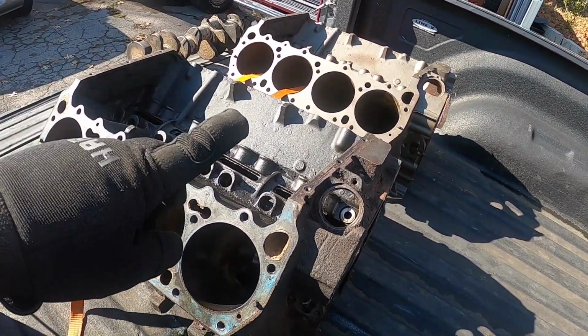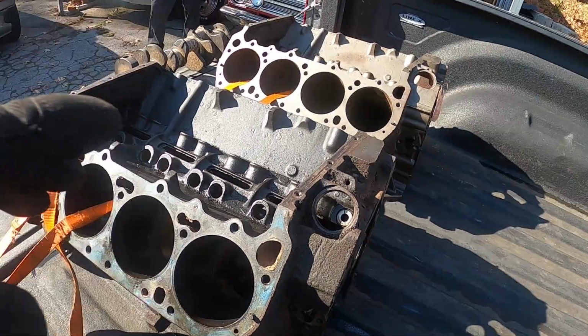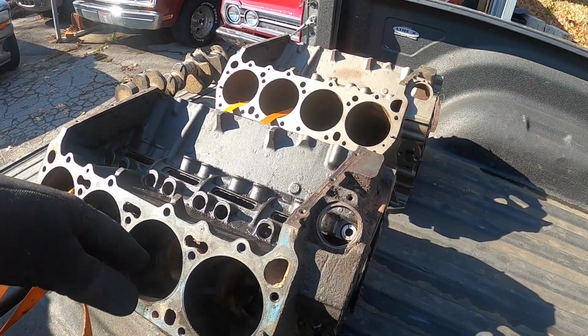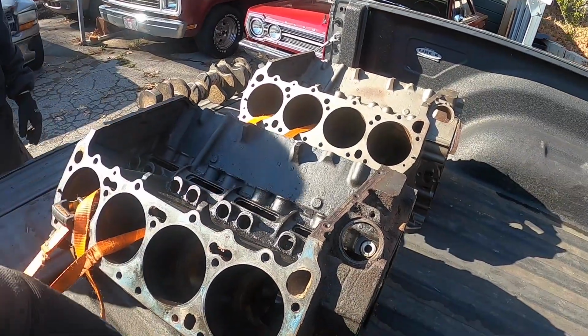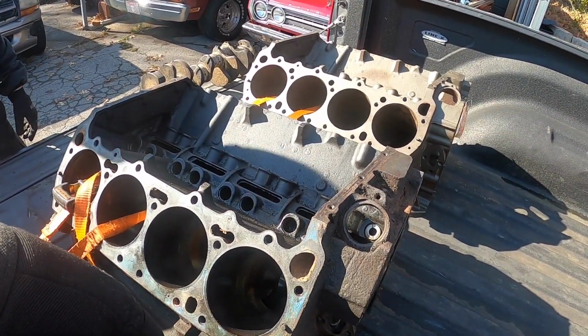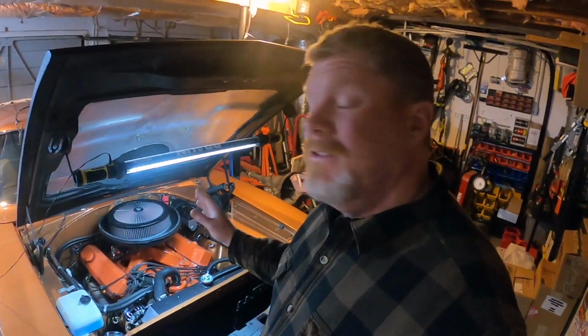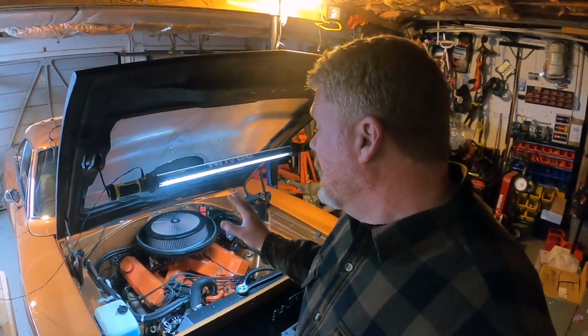So we're gonna get these off to the machine shop. I'm pretty sure we're gonna have these ran 30 over. Obviously hot tanked, cam bearings, chase all the threads, and just make sure that the block is super primo and ready for assembly. But before we do any of that, I want to do one last little upgrade to the